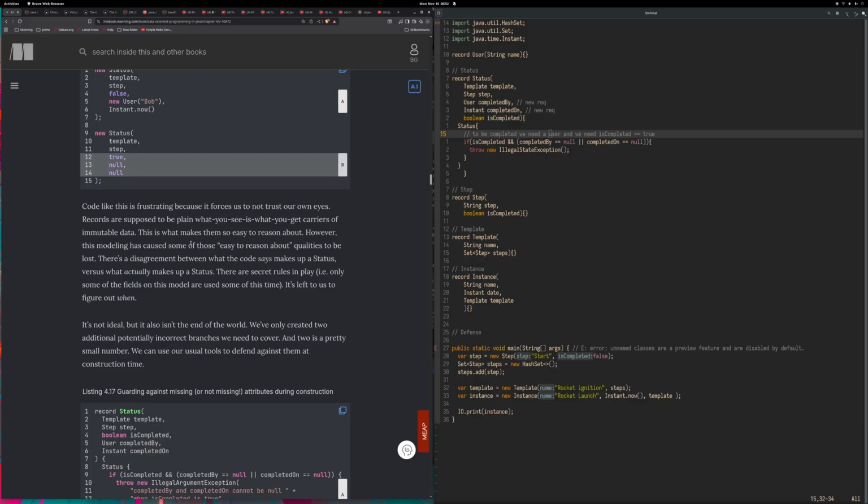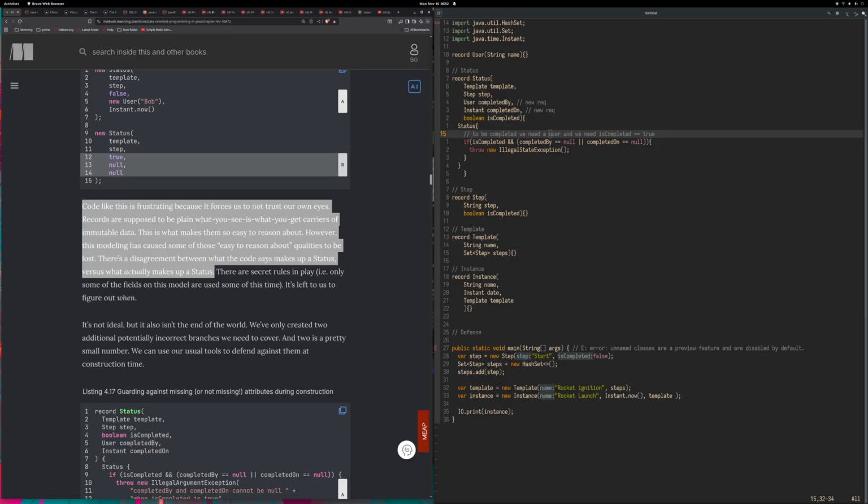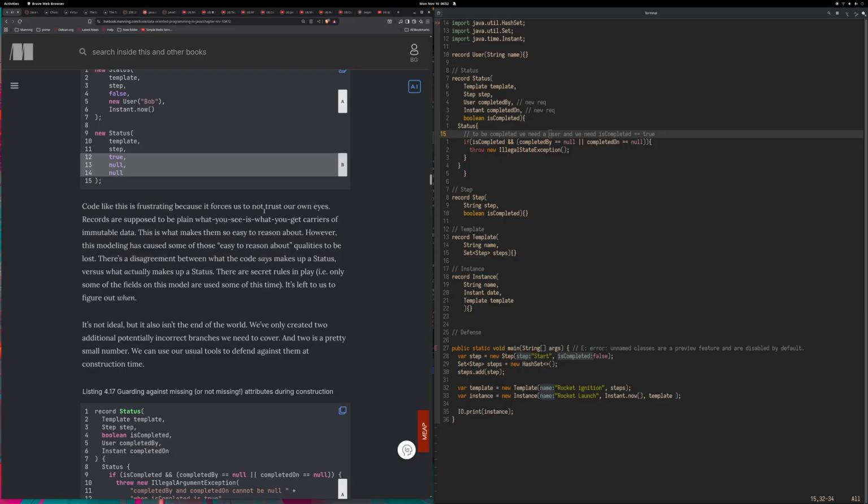This is what makes them so easy to reason about. However, this modeling has caused some of those easy to reason about qualities to be lost. There's a disagreement between what the code says makes up a status versus what actually makes up a status. So how do you reason about